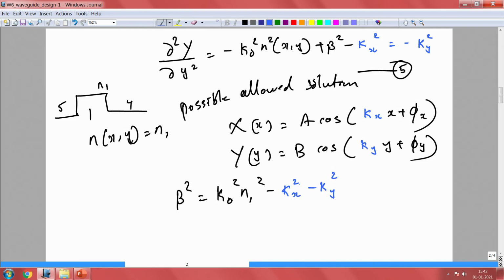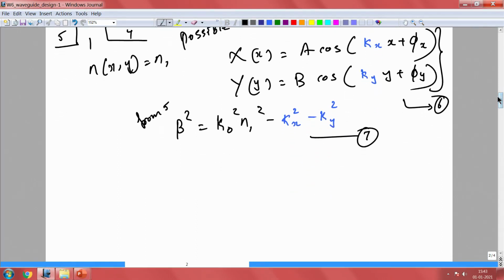So, this is the condition that it should satisfy. This is coming from our equation number 5 itself, right. So, this is from 5. This should be satisfied. These two equations we call equation number 6 and equation number 7. All right. So, now you can clearly see the similarity with the slab waveguide discussion that we had in the